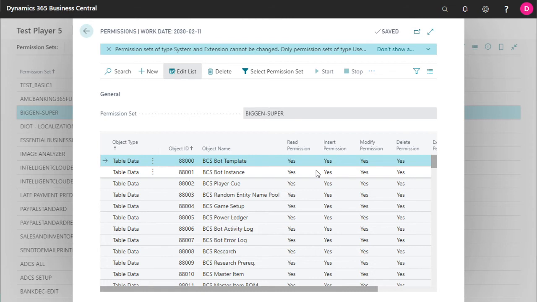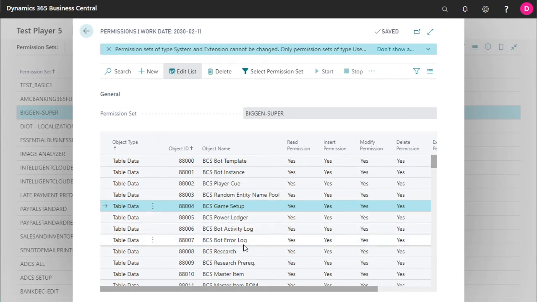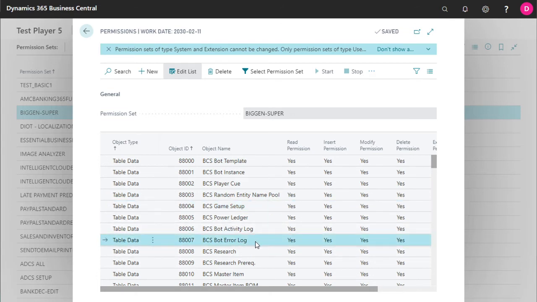Okay. And we also need to think about a couple of different pieces. We have a variety of tables that are setup tables that are shared between all of our different entities, like, for example, bot template, game setup, some of the error logs. All of those are intercompany tables. We need to give players permissions to those tables in a way that is not company specific. But we absolutely do want to give them bot instance permissions that is table specific. So as we craft the new role centers,